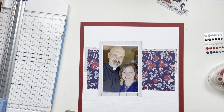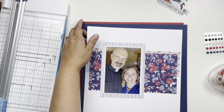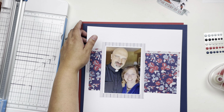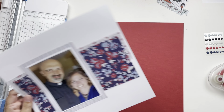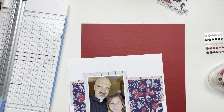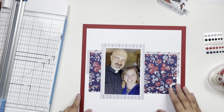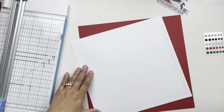So I've got my picture. I've got different layers of patterned paper. I did also pull out the embellishment kit and the patterned paper kit as a consideration with this layout because I just wanted to make the best use of it. A lot of the patterns in it are pretty busy, but